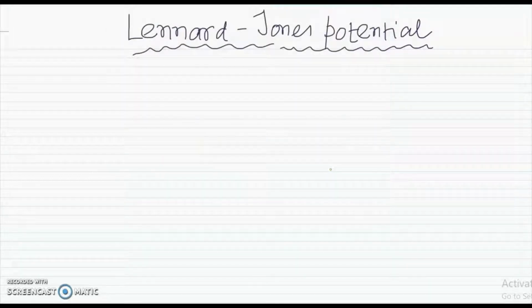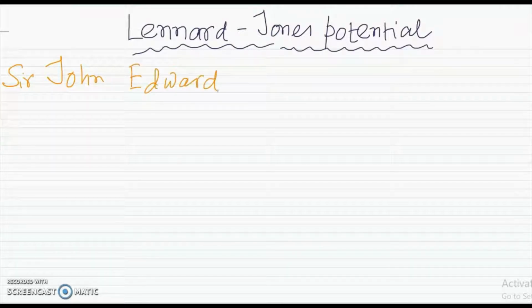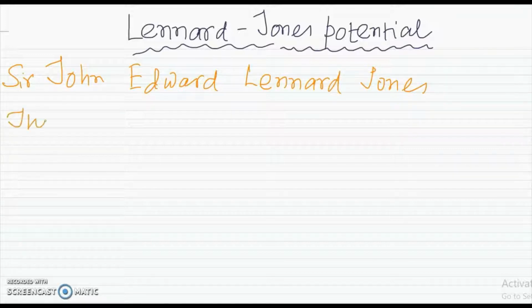So the theory is proposed by Sir John Edward Lennard-Jones. And it describes the potential energy of the interaction between two non-bonding atoms or molecules based on their distance of separation. So the theory involves the